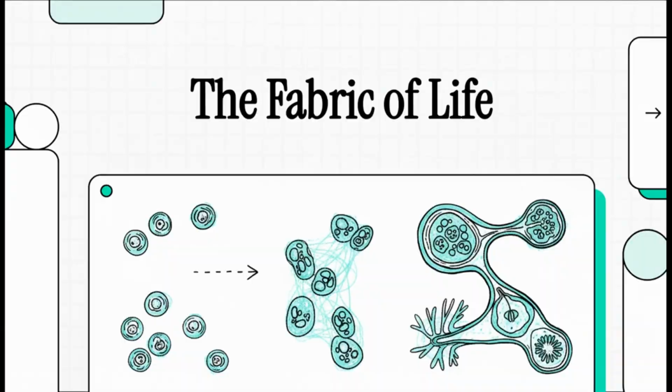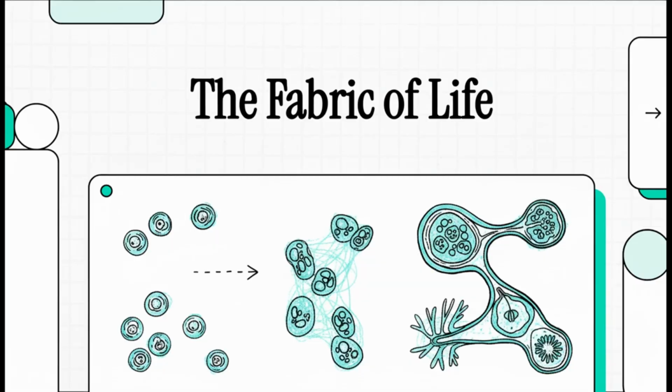This is a whole different ballgame. Unlike plants, animals are designed for motion and response, and that requires a totally different set of tools, a different set of tissues. And for animals, it pretty much all boils down to just four master types of tissue. That's it. You've got epithelial for covering things, connective for support, muscular for movement, and nervous tissue for control. Just about everything in an animal's body is built from some combination of these four fundamental types.